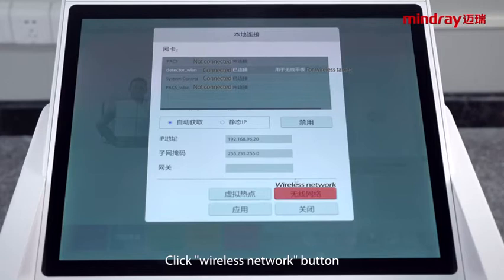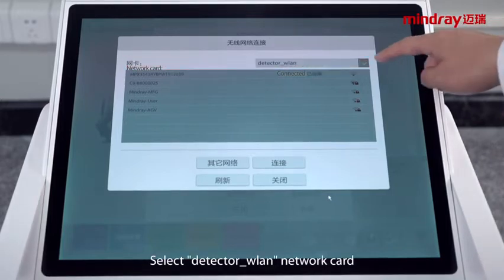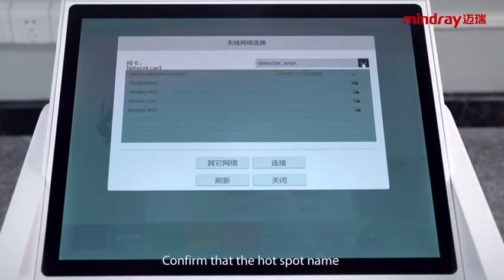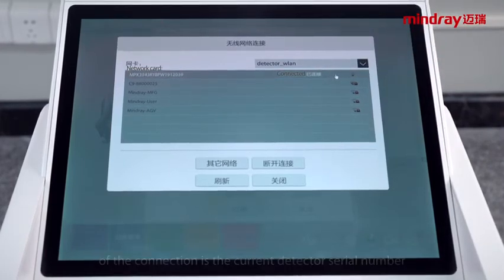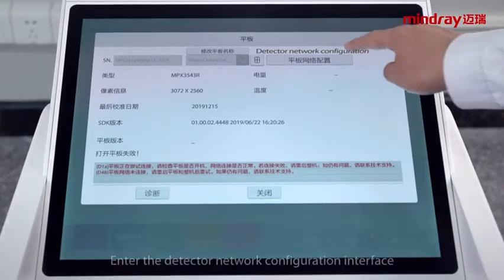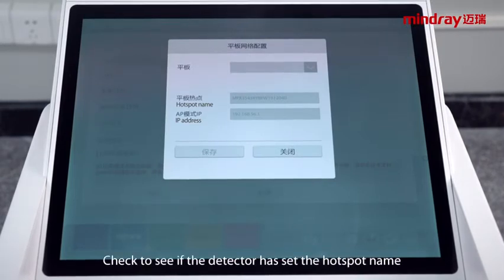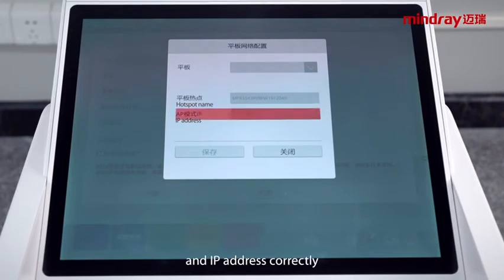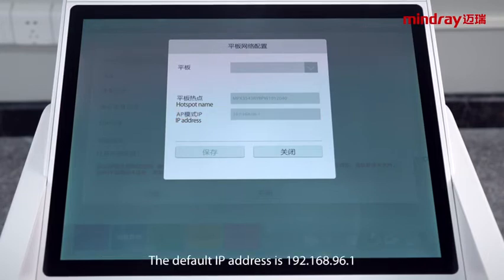Click the Wireless Network button to enter the wireless network connection interface. Select the Detector WLAN network card. Confirm that the hotspot name of the connection is the current detector serial number. Click Detector State and then Detector Network Configuration. Enter the Detector Network Configuration interface. Check to see if the detector has set the hotspot name and IP address correctly. The hotspot name is the serial number of the detector. The default IP address is